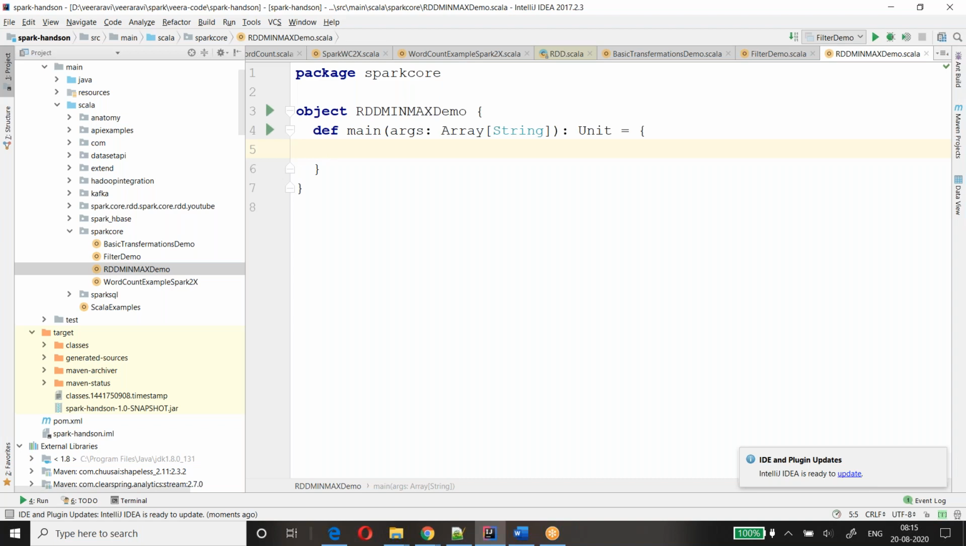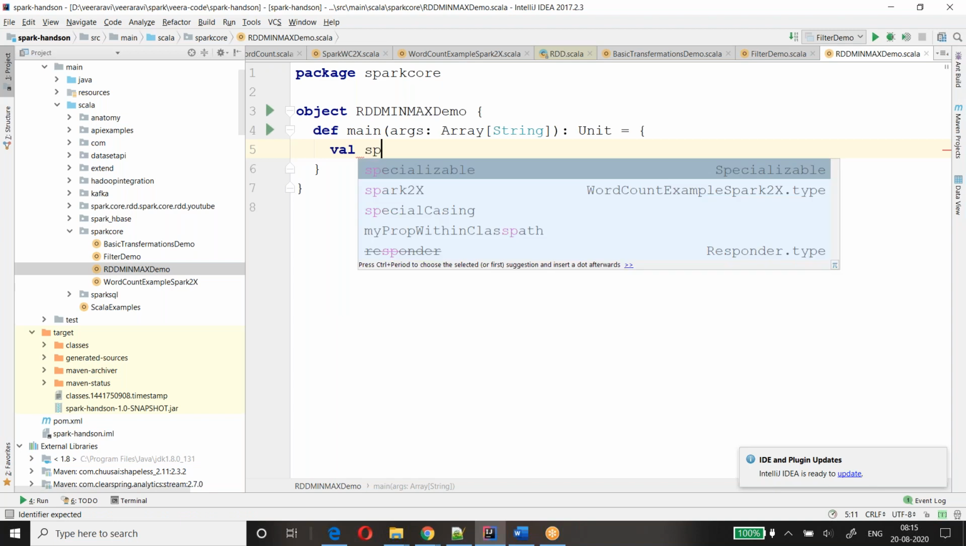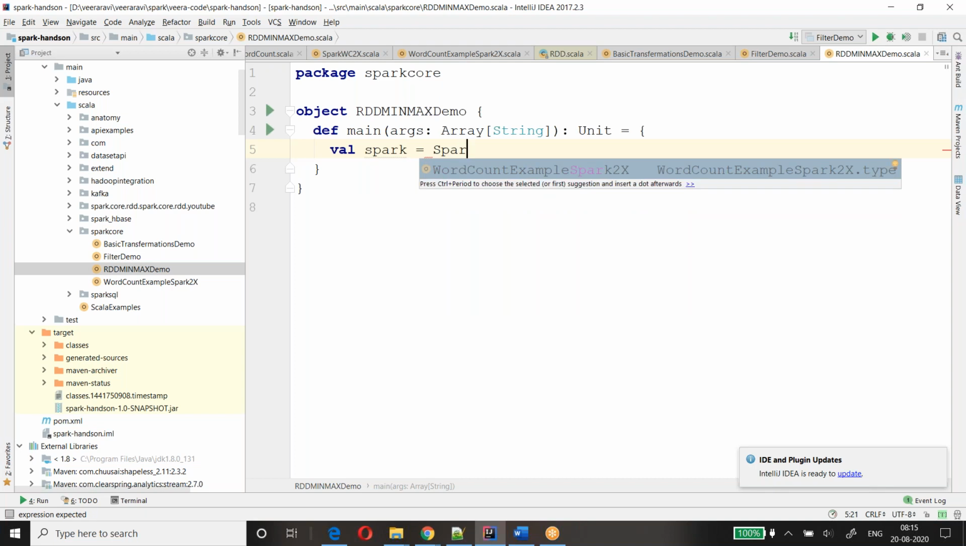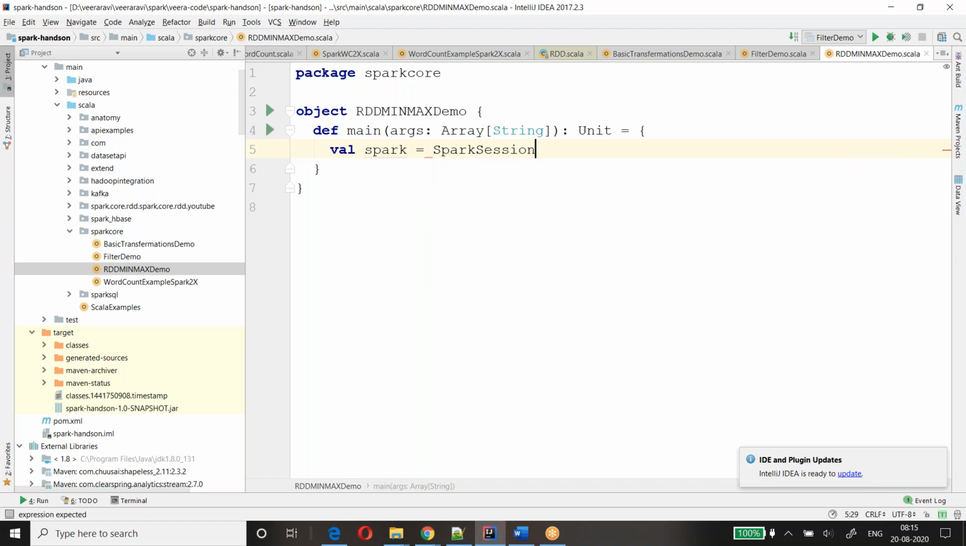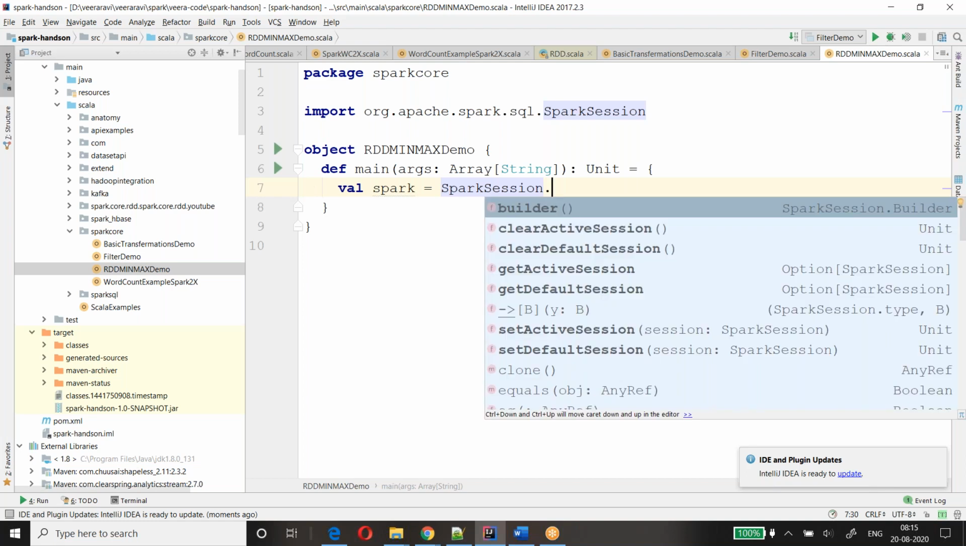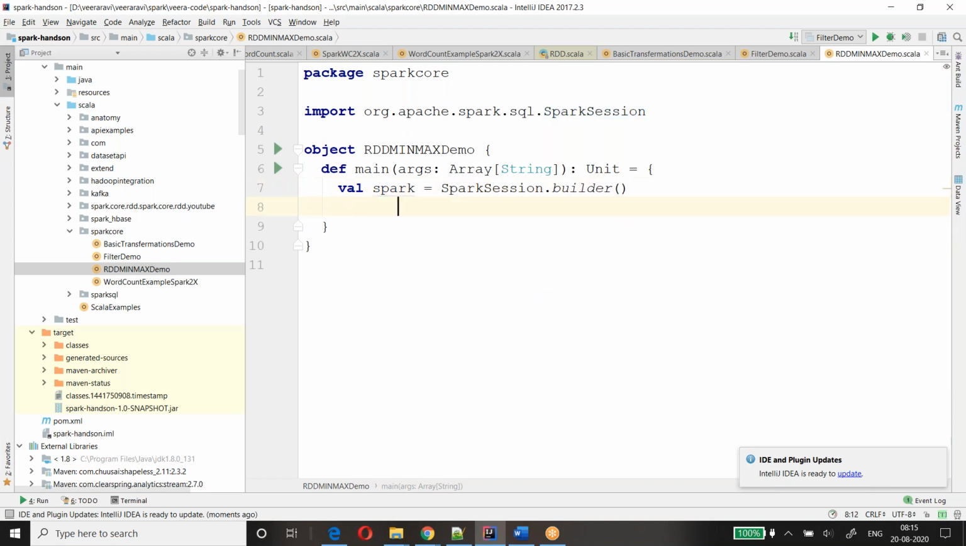Okay, so can anyone tell me, if I want to create an RDD, first what should I do? Spark context. I need to create a Spark session, but since we are using Spark 2.x, we need to create a Spark session. So how to create a Spark session? SparkSession dot builder dot